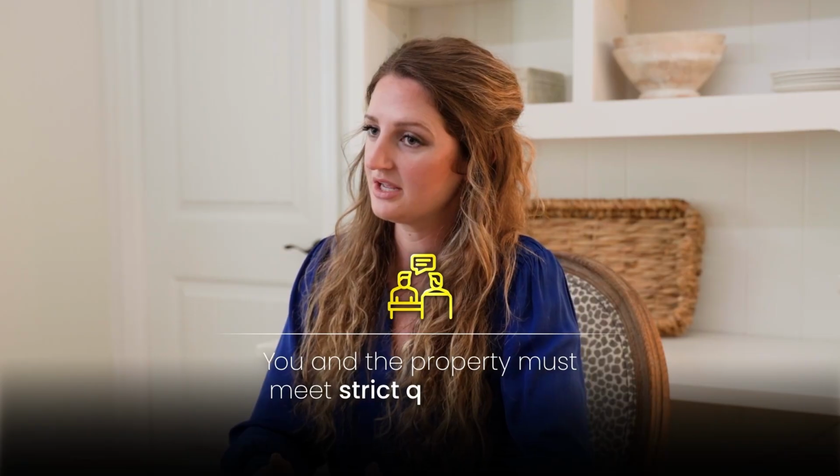VA loans offer great rates with no down payment and no mortgage insurance, but you have to be eligible for them. And USDA is another lesser known option that allows you to buy a home with zero down payment. But it can be tricky to get due to the requirement that both you and the property must meet the